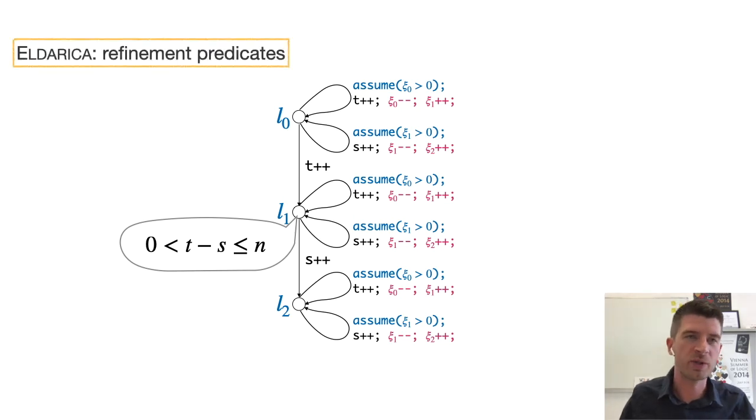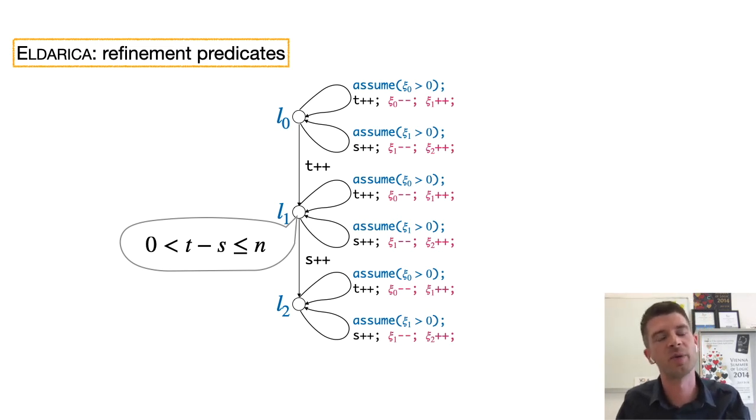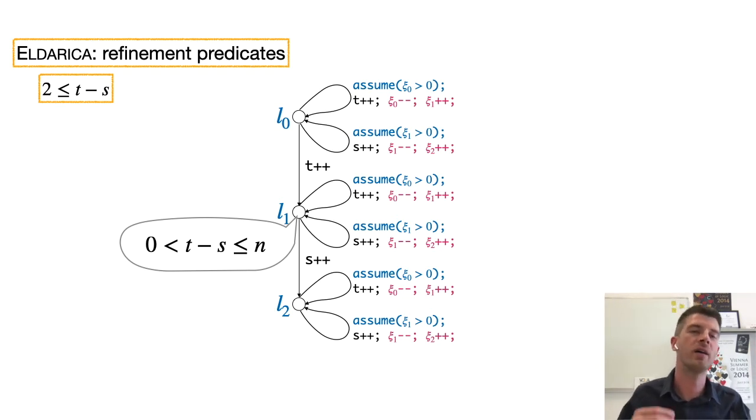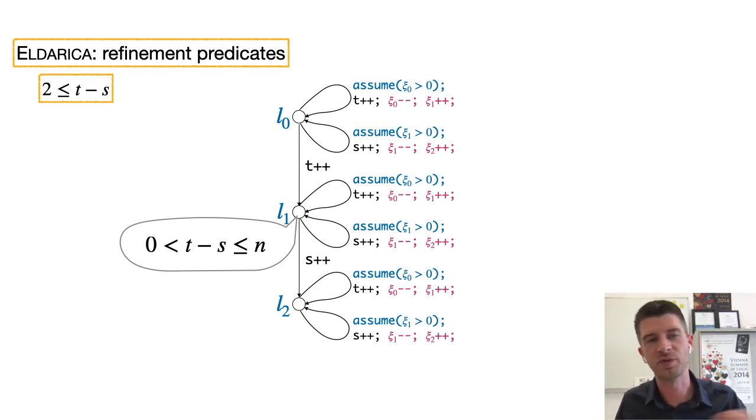So for example, we tried the model checker ELDWICA, and it finds the following refinement predicates. It first finds 2 is less or equal than t minus s. This rules out a spurious counterexample where each of these environment transitions is executed once. But if we use this refinement predicate to rule out the spurious counterexample, it finds another one, and this is